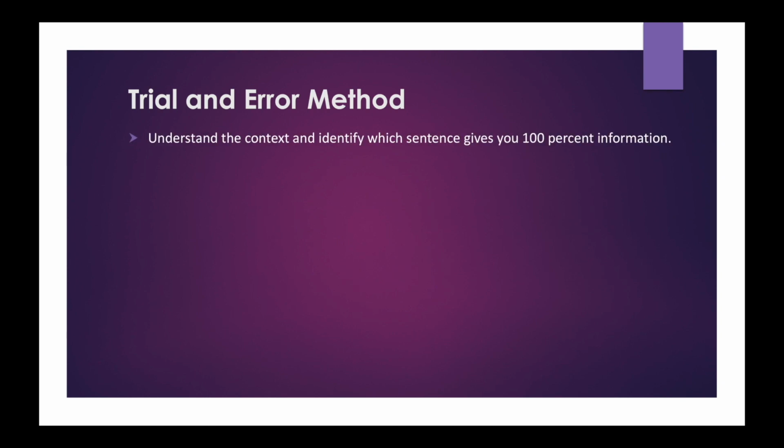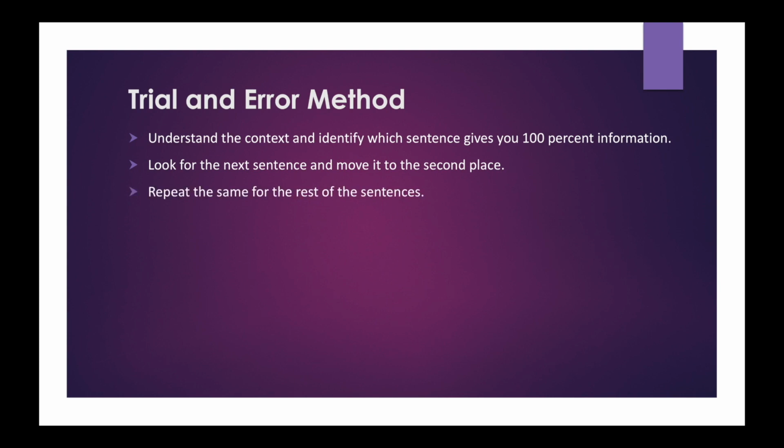Read the paragraphs and understand the context as to what is actually described. Identify the independent sentence by reading each sentence and ensure that you are able to get 100% information without any reference, then conclude that as the first sentence or topic sentence. Now look for the next one. If you feel that it gives more information on the previous sentence, then move it to the second place and go to the next sentence. Otherwise, replace it with the other one. Repeat the same for the rest of the sentences. If you do so, you will be able to figure out the independent sentence and the supporting sentences in the correct order. If you are not able to figure it out in 2 or 2.5 minutes, then order it randomly with your gut feeling. Still, you will get some points for the correct pairs.